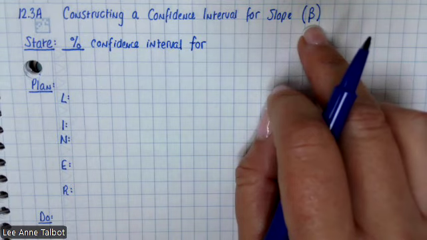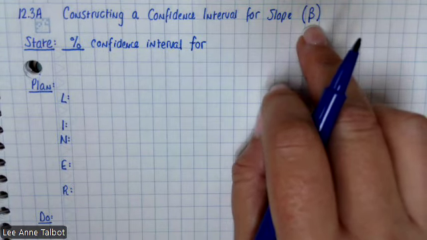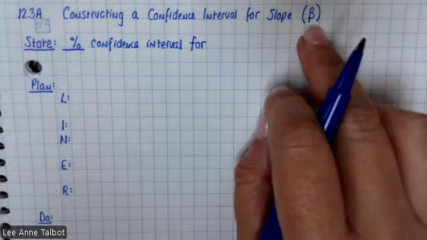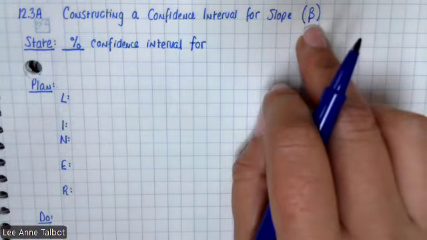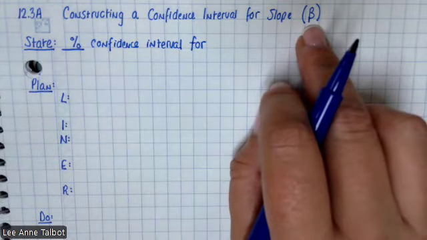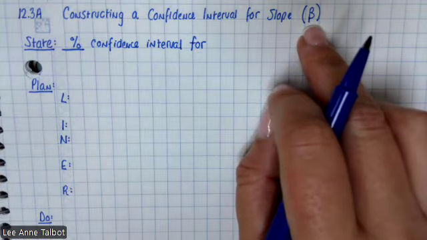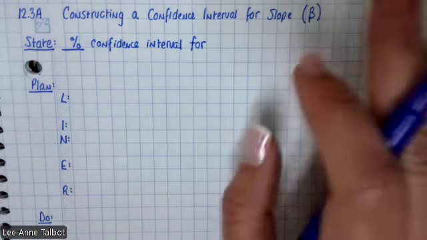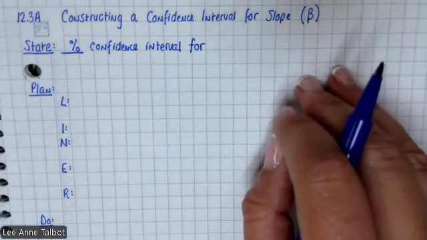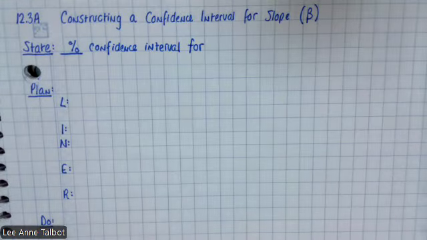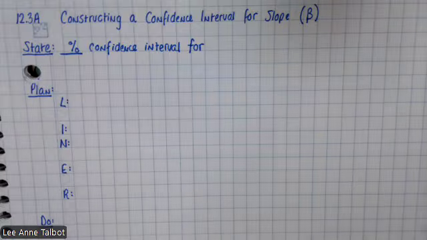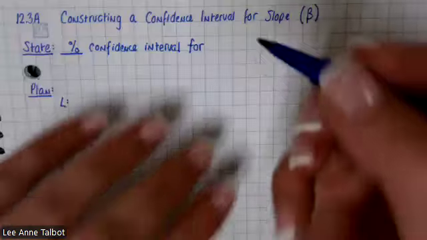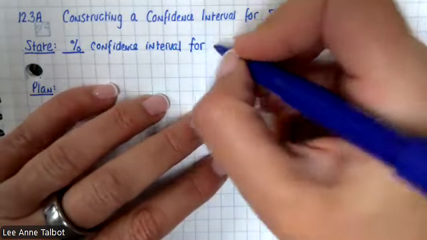The sample slope is little b, and the population slope, like the theoretical perfect slope, is capital beta. So this guy is capital beta, and this one means the true slope or the population slope. And you guys remember in chapter 3, we did y hat equals a plus bx. That little b is the sample slope. So we were already working with sample slope back then. You just didn't know. Anyway, confidence interval for